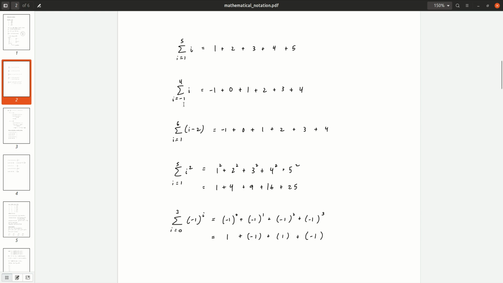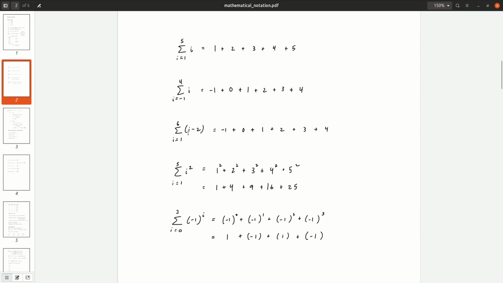Okay, this one's very similar. The only thing that's different is we start at minus 1 and we go up to 4. So you get minus 1. Next one is plus 0, plus 1, plus 2, plus 3, plus 4. All right, this one is